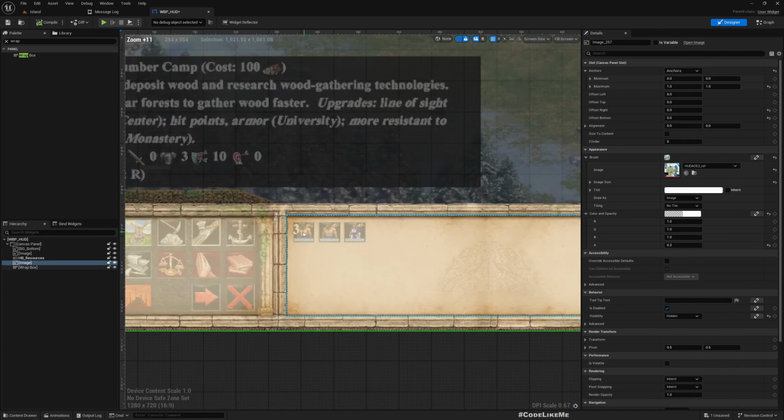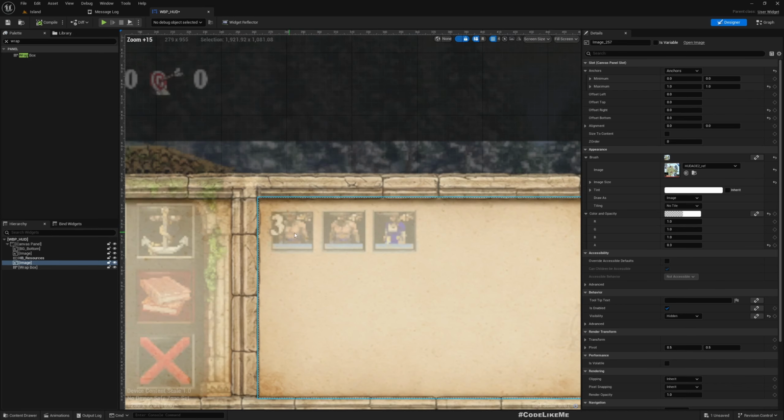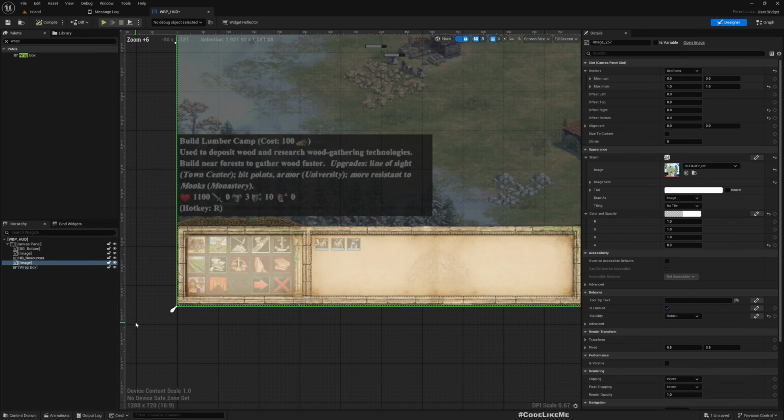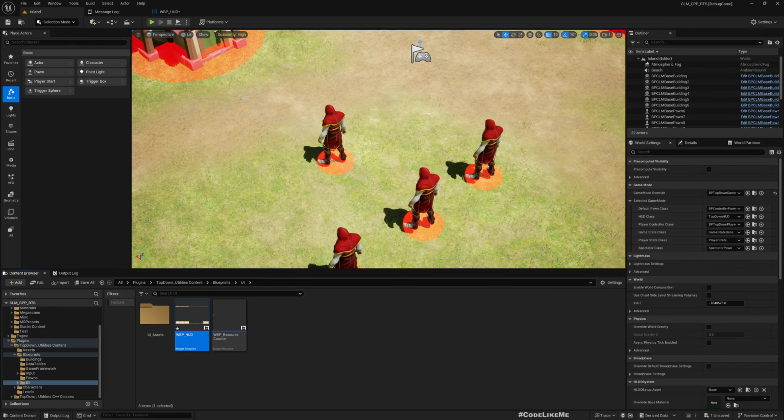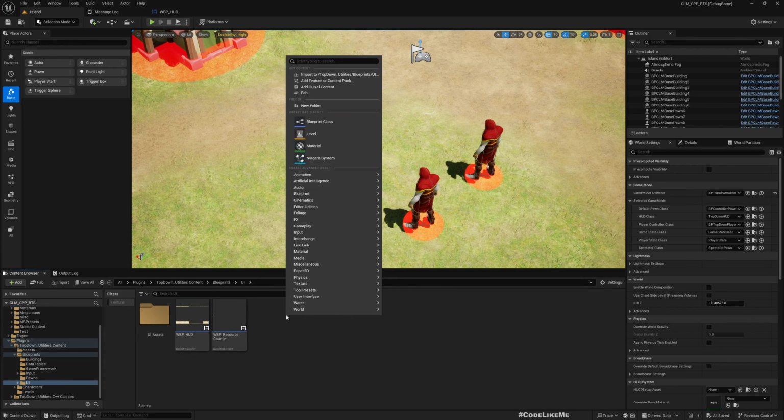Here this is the way it appears in Age of Empires, the character icon, and underneath that the character's health level. Okay, so to do that, let's create a new widget,